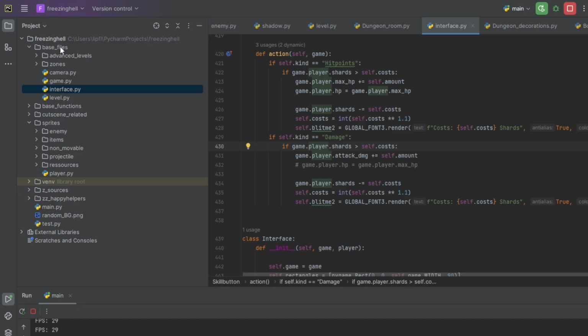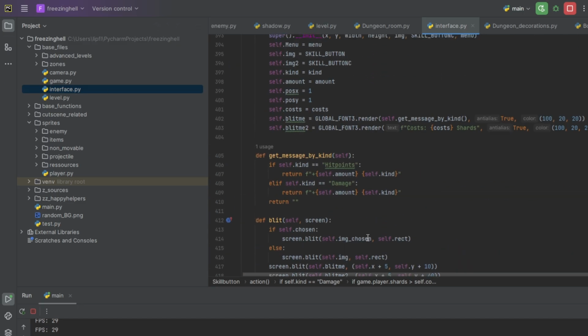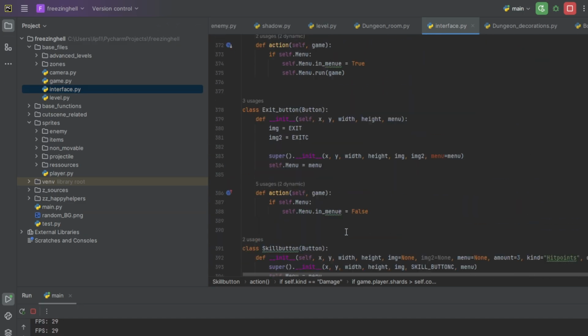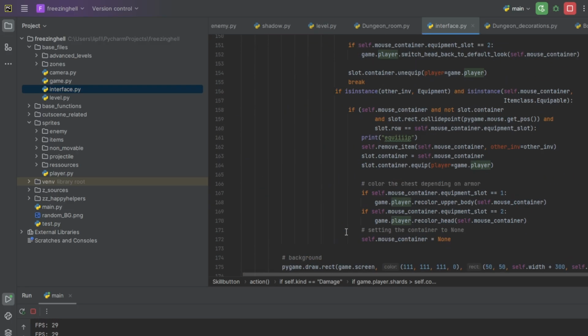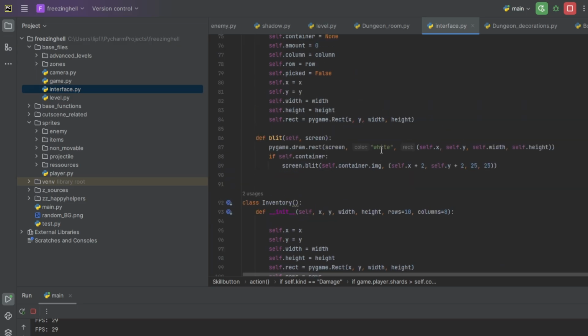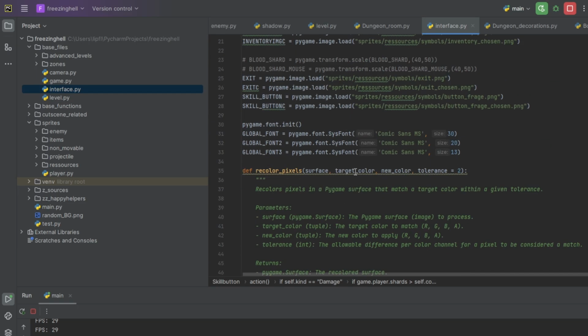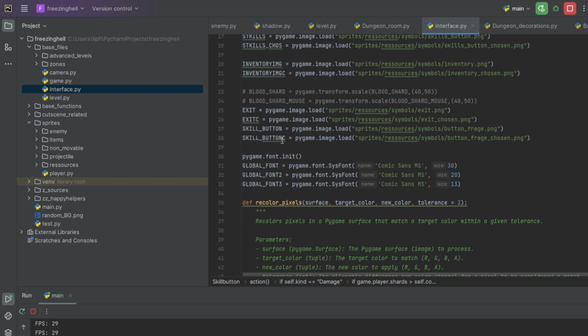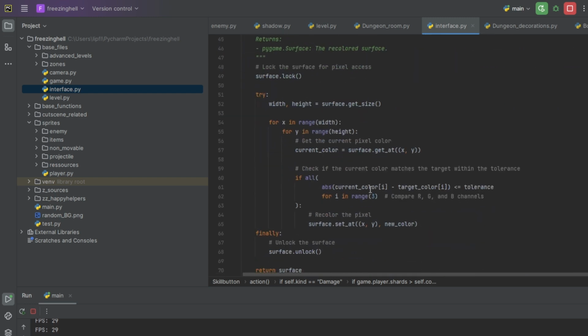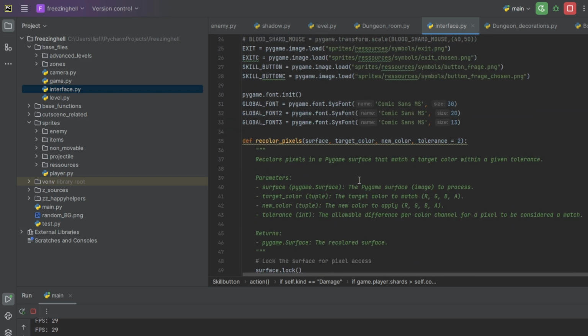Here I have my game file and I put the interface class. If you do it in Java or C++, you can use your file with an interface and you will have many more files than that. But in Python, this is the interface, simply. The inventory and all sorts of that inherit from the interface.